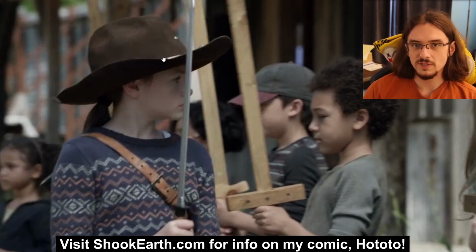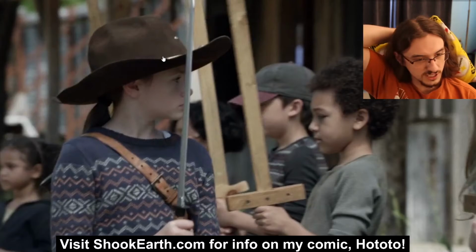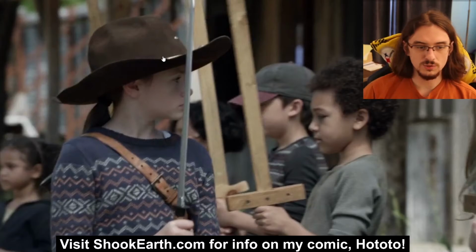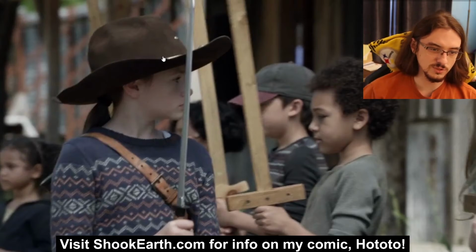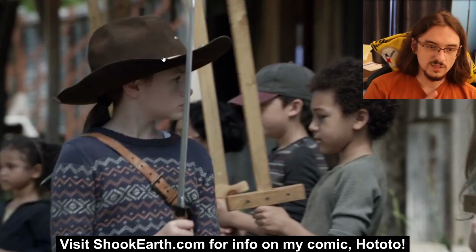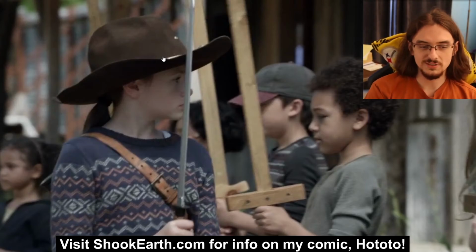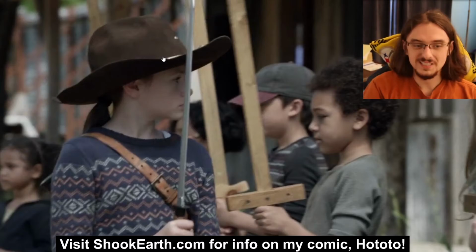If they have to face them, they'd be better off going for the knees, getting them on the ground. This is something we saw in the Walking Dead video game, the Telltale game, where the kids would go for the knees, knock them on the ground, and then kill them. Because then when they're on the ground, you can A, avoid them easier, B, if you have to kill them, you can use gravity and the downward motion to